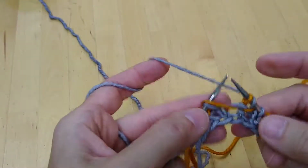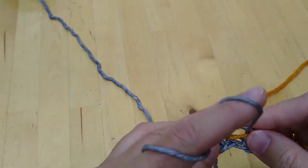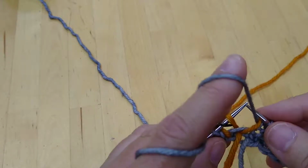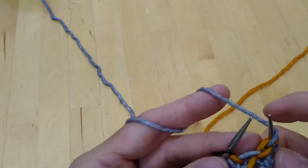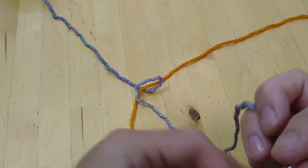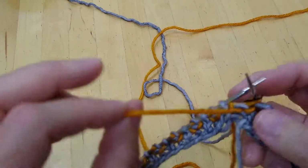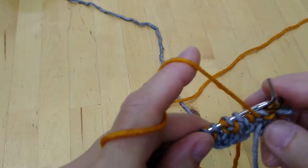All right, almost there. I've got to brioche knit, yarn to the front, slip, brioche knit, and again I'm putting myself in that position where the last stitch is yarn to the front, slip, and I just lay the yarn over the top, and I'll know that I need to make sure that it's doing the right thing when I get back around to it. But for now, I leave that gray yarn, I pick up my orange yarn, and I am ready to work